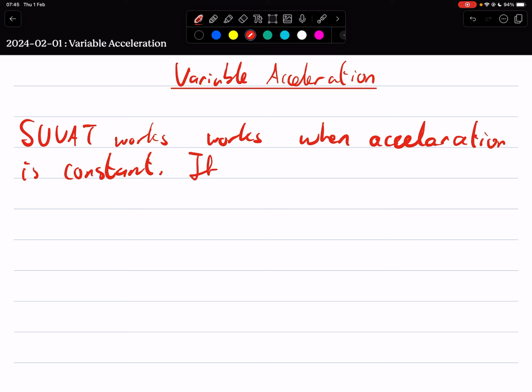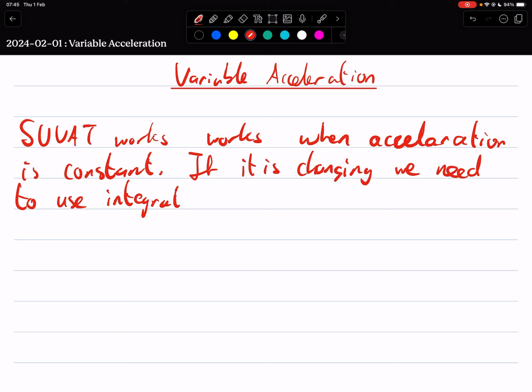So if it is changing, we need to use integration or differentiation. Now I'm just going to focus on the differentiation bit today. So